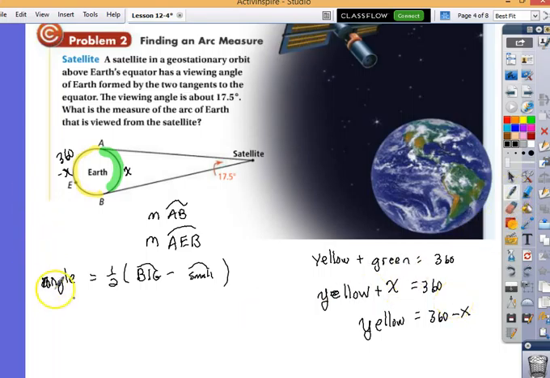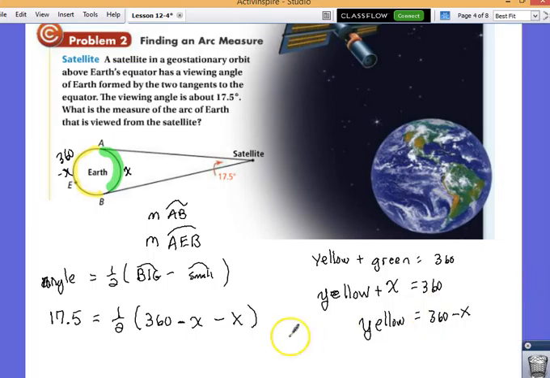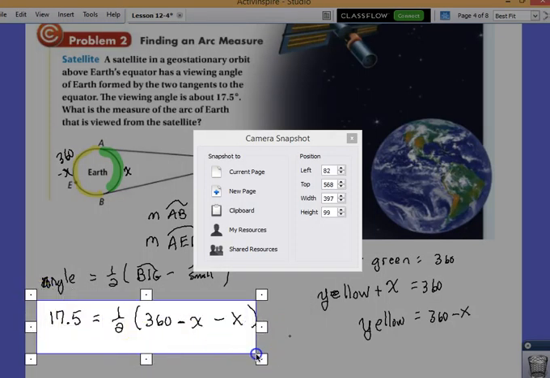All right, so the angle was 17.5 times 1/2. The big arc we said was 360 minus x, and then the small arc was minus x. So if I take that information right there, if I take that equation